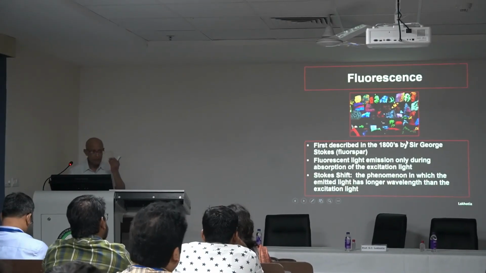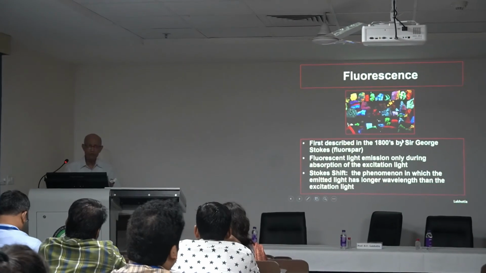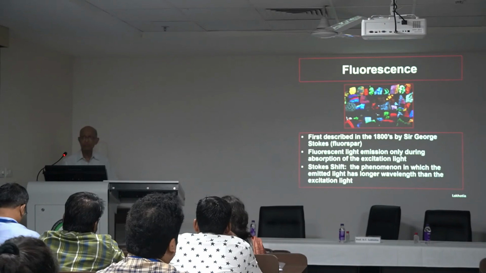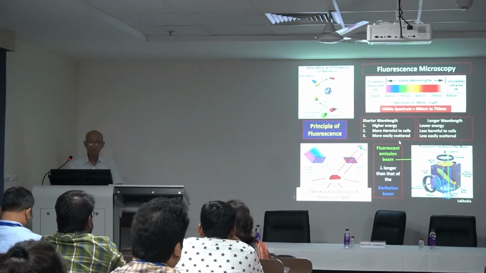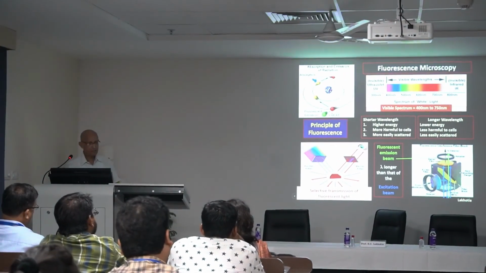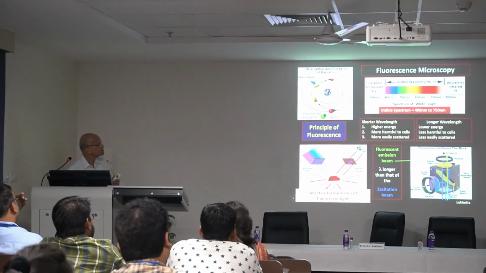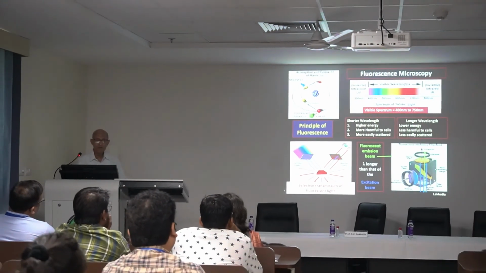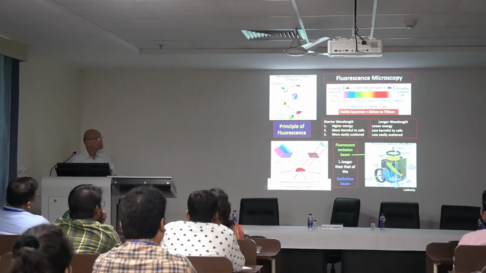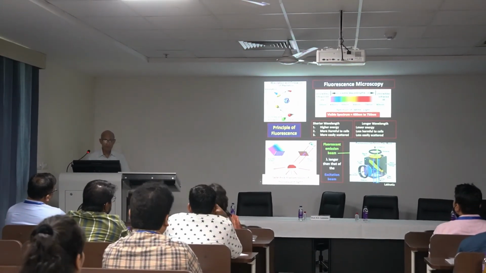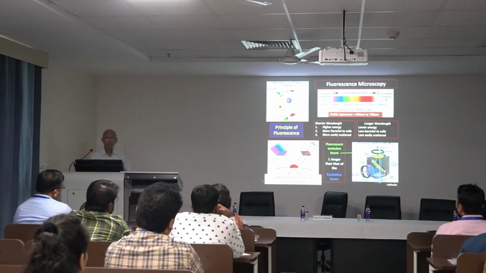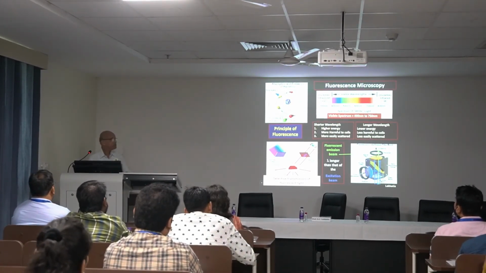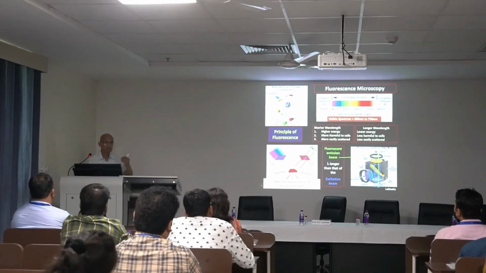The emitted light of particular wavelength falls on an object. Certain atoms' electrons in that object get excited and move to a higher orbit. For example, this is what happens: a certain quantum of light comes onto this, excites some electron to move to an outer orbit because of the energy that is received. But then this becomes an excited or unstable state. And if it reverts back immediately, this immediate is an important point to understand, if it reverts back immediately to its ground state, it has to release that much energy.